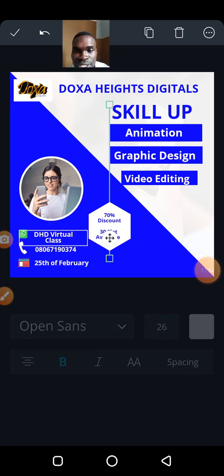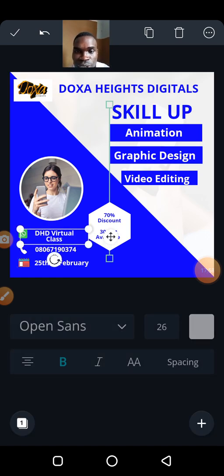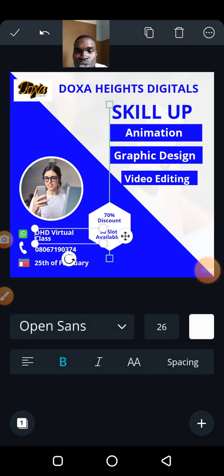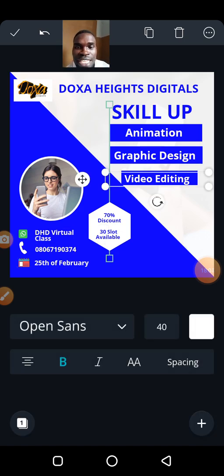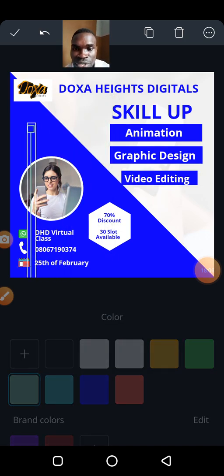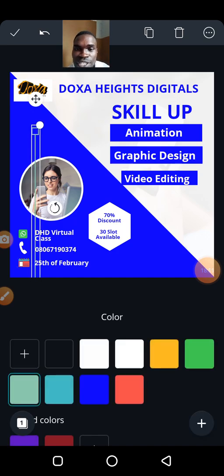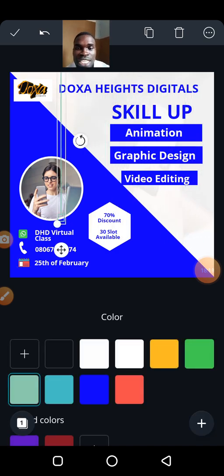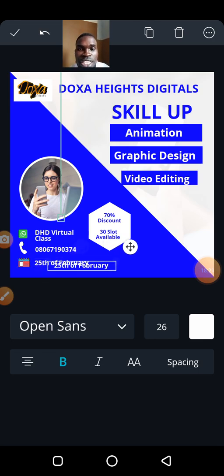Reduce the height, take it up. We have it like this. All right, this is what we have. Now let me take my line. Let me see if everything is aligned. All right, of course they are aligned properly. I've been doing this for some time, so I know where my work is actually straight. Then the next thing I will do here is that I'm going to write, let me take this, duplicate it,